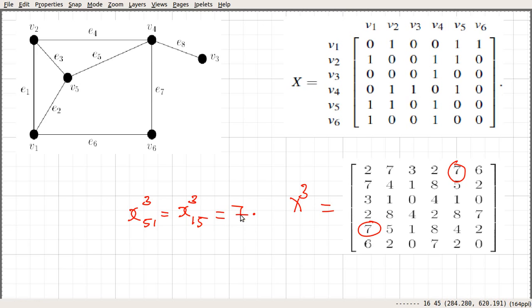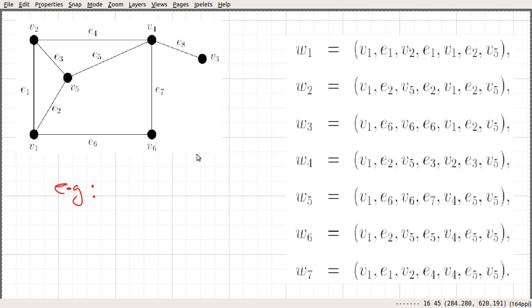Okay, and that says, from vertex 5 to 1 there are 7 walks of length 3. So anyway, if you look at that one, we saw that x153 is equal to x513, that is equal to 7, and these are the 7 possible walks between